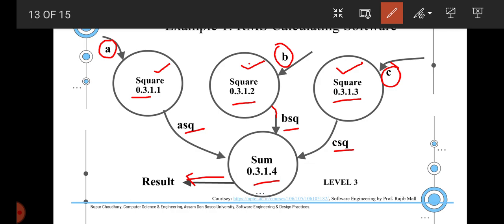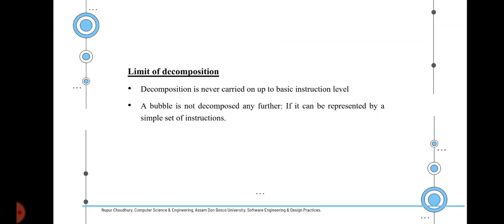We have to be very careful in designing this DFD because we should make a point that it should not be represented in less than 3 or more than 7 bubbles at one point of time. So till which point can we limit the decomposition? It is never carried on up to basic instruction level. That means if a bubble or a process can be represented using an instruction, then we have to stop its